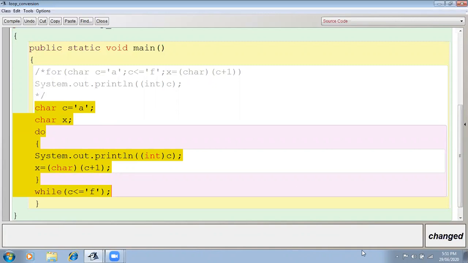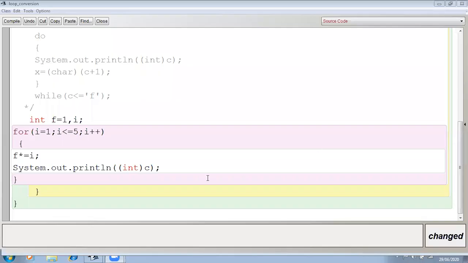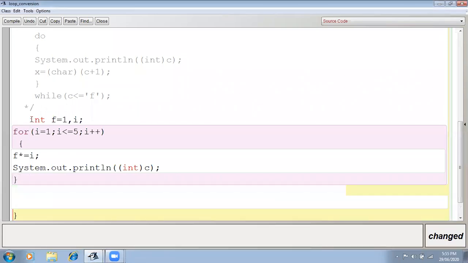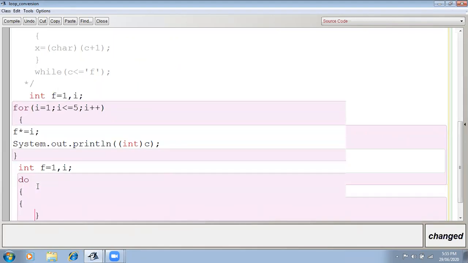Okay, for conversion of the for loop into the do while: int i. First of all, what will we do? Initialization. So what is the initialization statement? This is the initialization. So we will write this initialization here. Then after the initialization, do, body of loop.